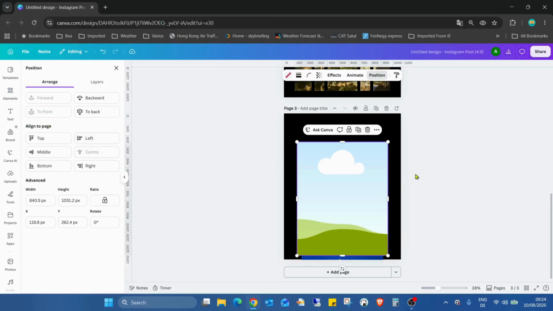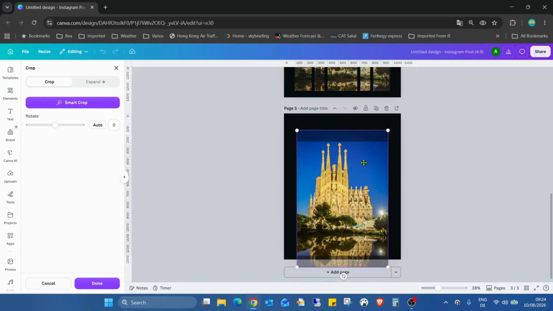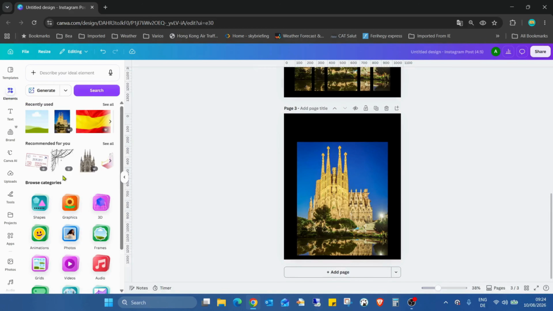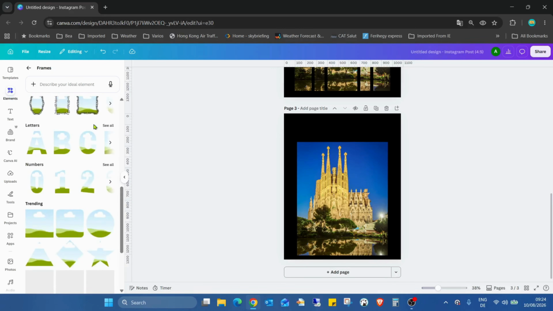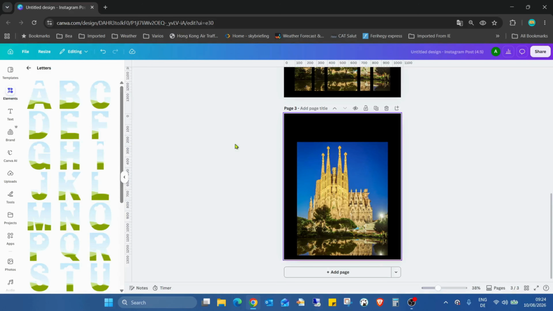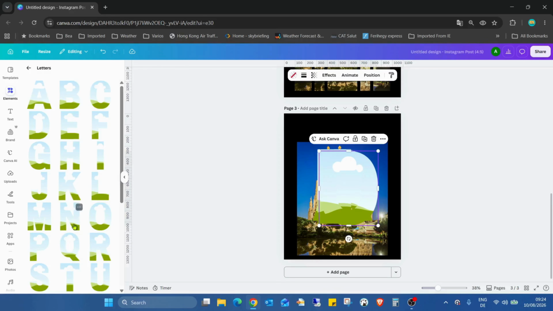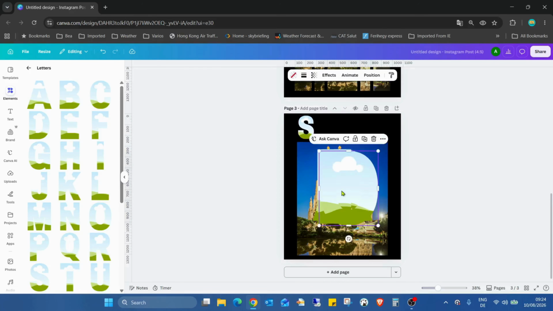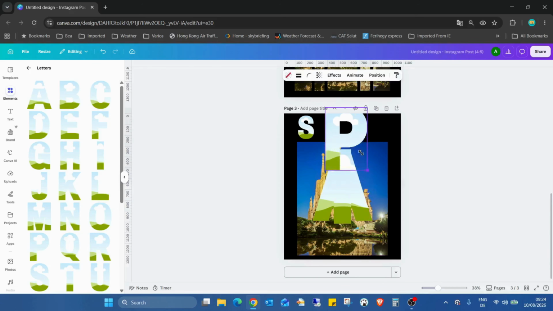Go into the position, center. Grab the image and drop into the frame. And now going back to the frames, and here we're looking for letter frames. So I need Spain, so need S, P, A, I, N. Hope I did it in a good way. So I just add, now it's O. O isn't needed. So we need an S, P,